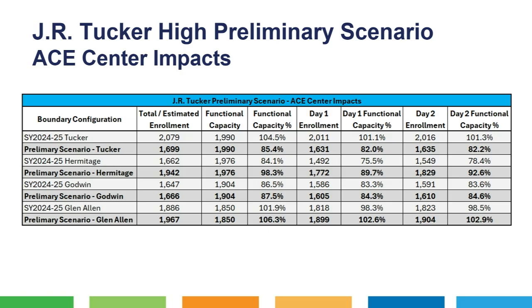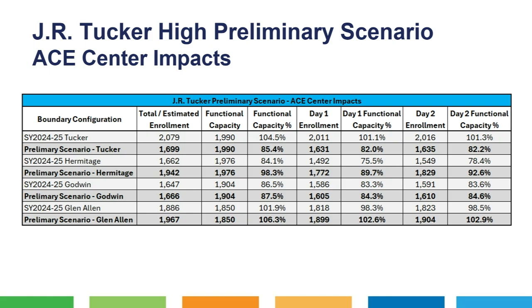This chart shows the ACE Center impacts on these 4 schools for this scenario. Tucker is estimated to see an overall functional capacity of 85%, while day 1 and day 2 would see it brought down to 82%. Hermitage would be at an estimated overall capacity of 98%, yet as it is the school with the largest student population attending the ACE Center program, those day 1 numbers are at 90% and day 2